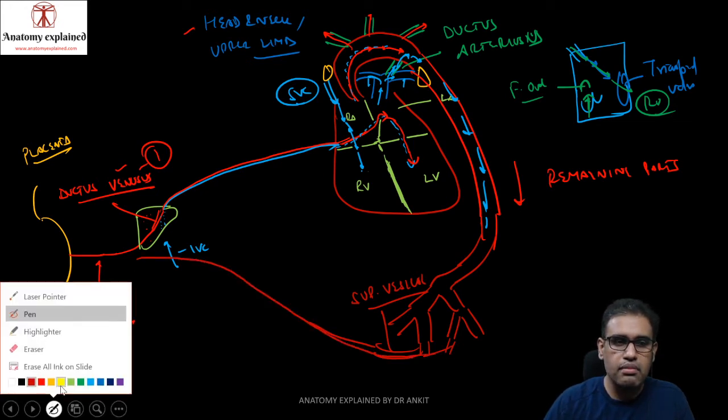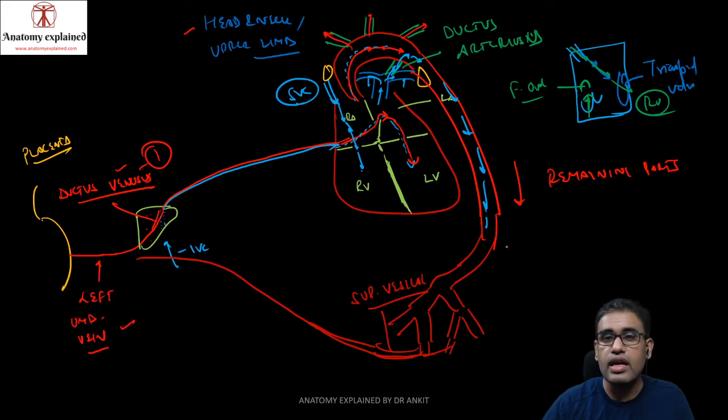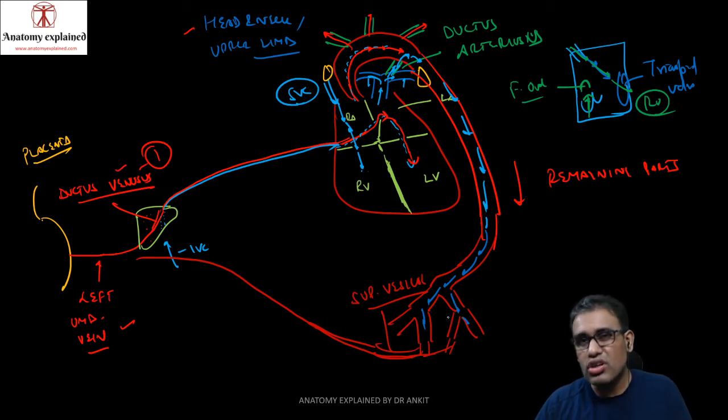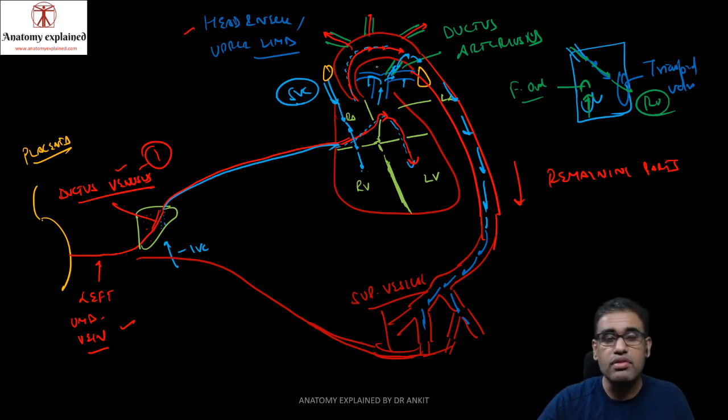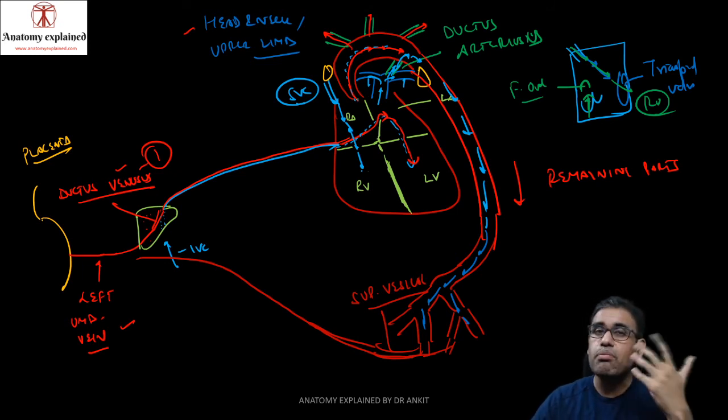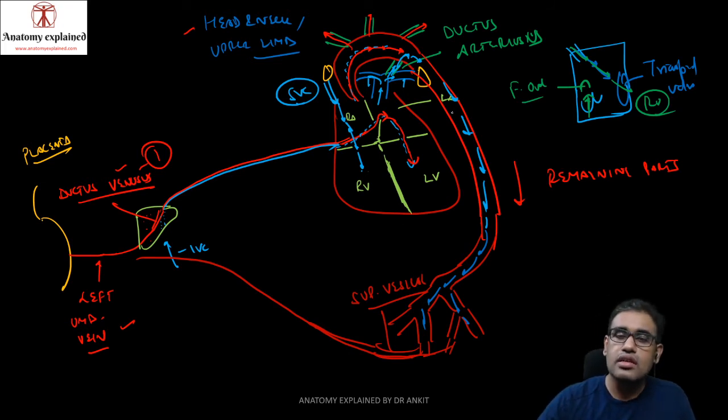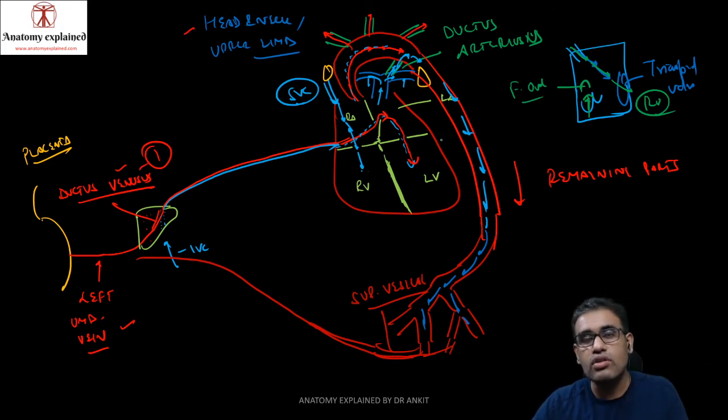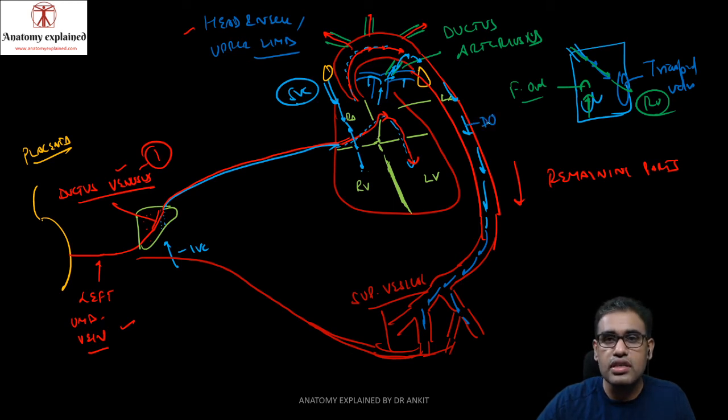And if I can make it with some different color, why? Because it is carrying this deoxygenated blood. Actually, wherever we use the term deoxygenated, it is not purely deoxygenated, it has to be slightly oxygenated blood also. And wherever we use the term oxygenated blood, it is not completely oxygenated. So obviously this blood which is going into the distal part of the aorta is more deoxygenated. Why? Because all the blood from the SVC and RA goes into it, while this blood which was coming from the left umbilical vein got mixed up with this IVC.